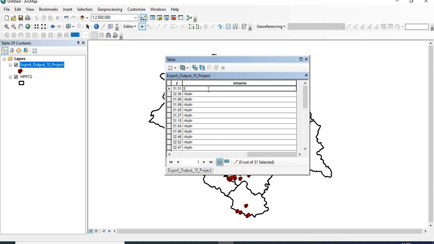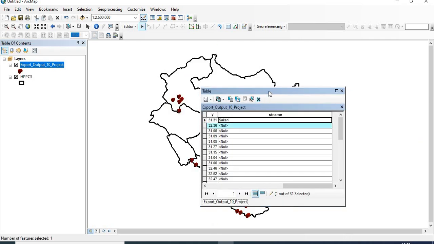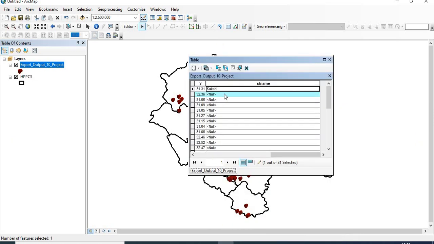Because I have the attribute information available with me, I would be typing the names of all the students. The first name is Sakshi, and the second name is Sonam, and the third name is Akhil. Likewise, we have to enter the names of all the students.